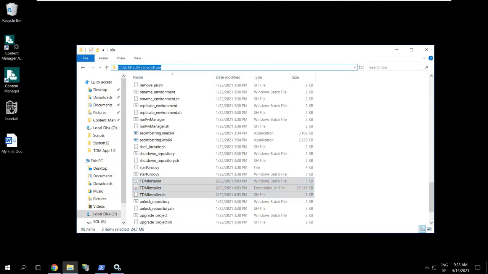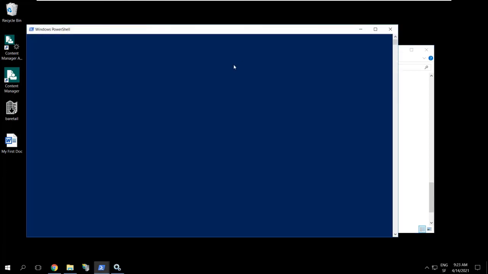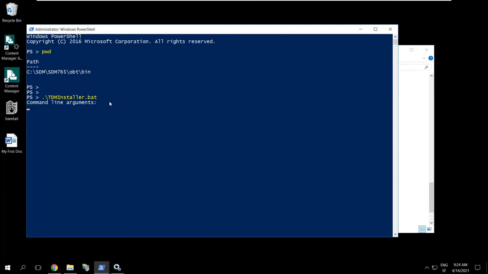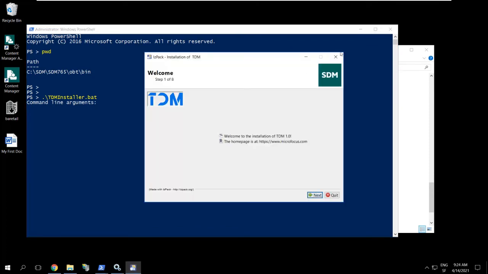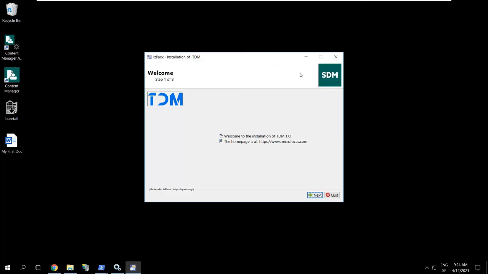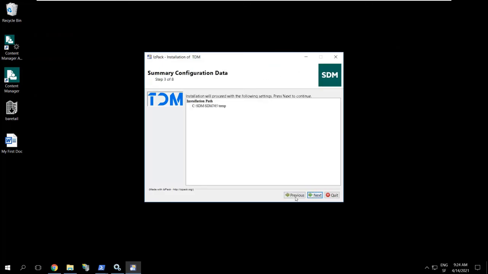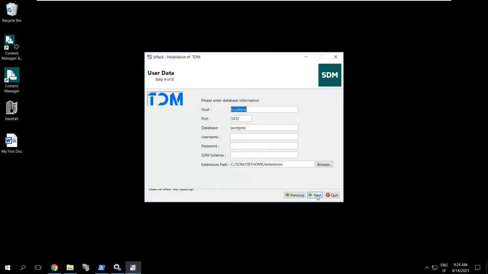I will run a shell command line. So let's use PowerShell. Go into this directory, so I'm in the right folder here, and start with this TDM installer bat. So this launches the installer, which is a wizard that will help me to configure this installation, this TDM module,